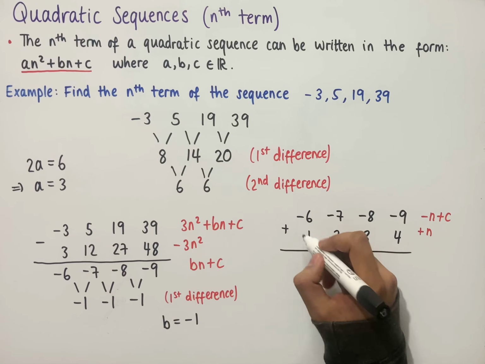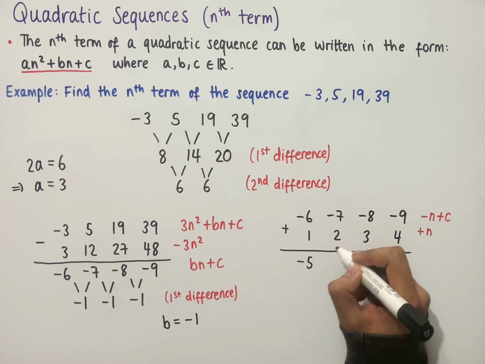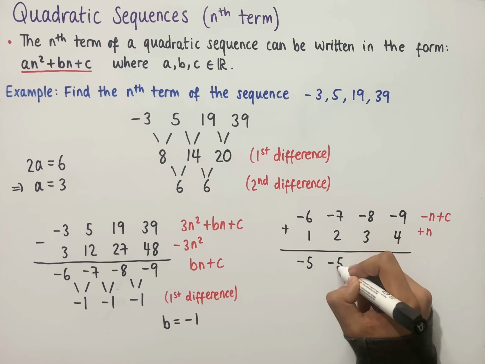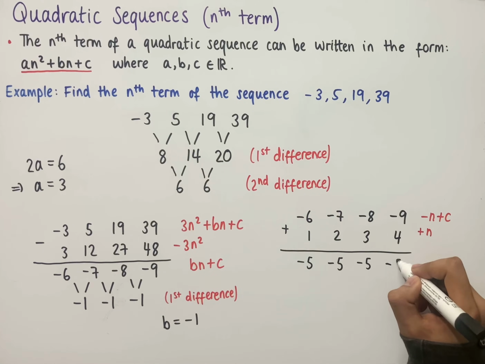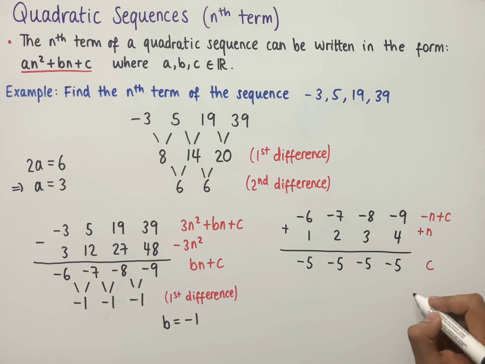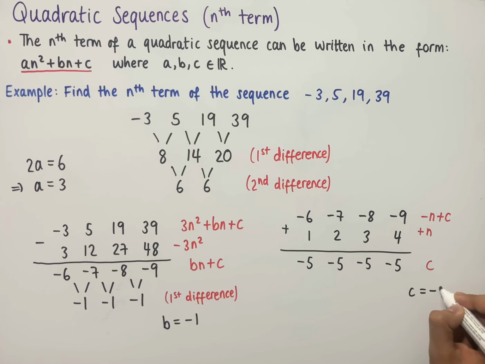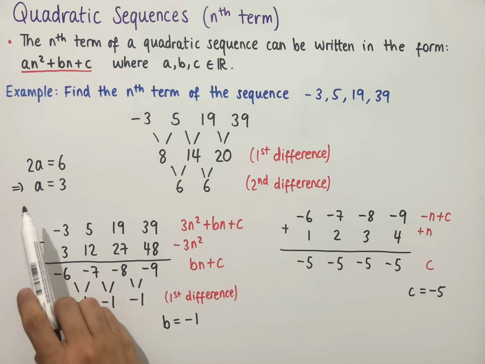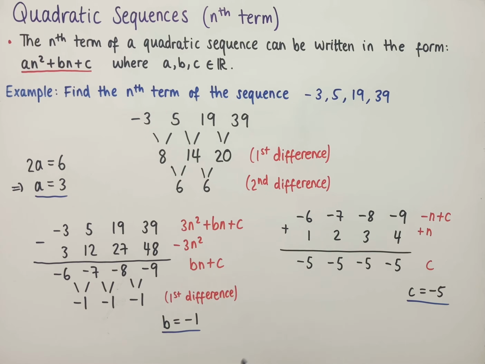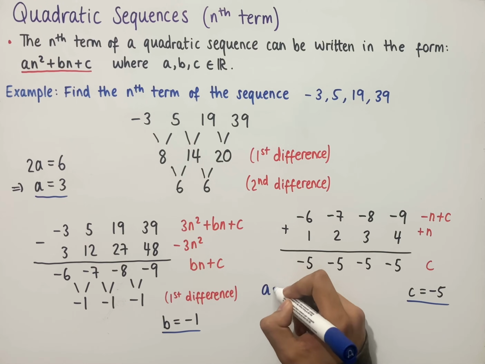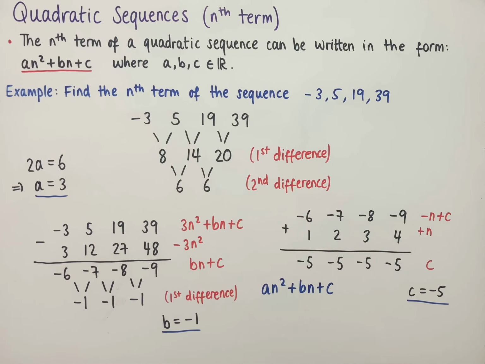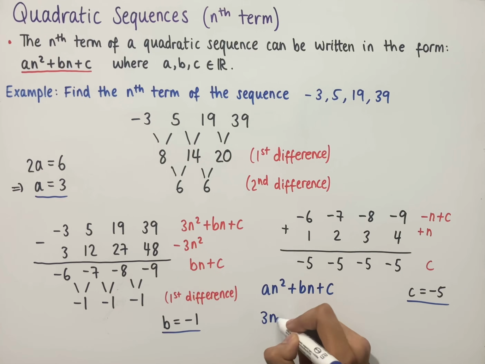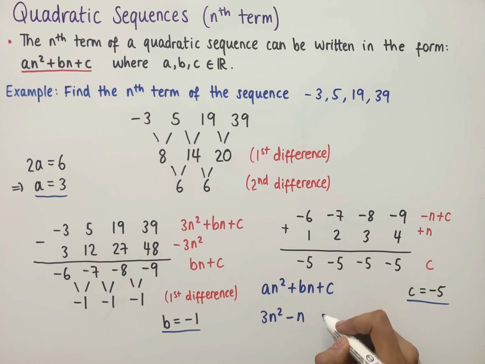So that's -6 plus 1, which is -5, -7 plus 2, which is -5, -8 plus 3, which is -5, and -9 plus 4, which is -5. And this equals c. And so with c being equal to -5, we now have the value of a, b, and c. The general form for the nth term of a quadratic sequence is given by an squared plus bn plus c. And so substituting in our values for a, b, and c, we end up with 3n squared minus n minus